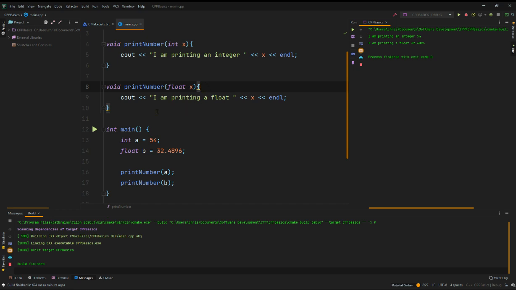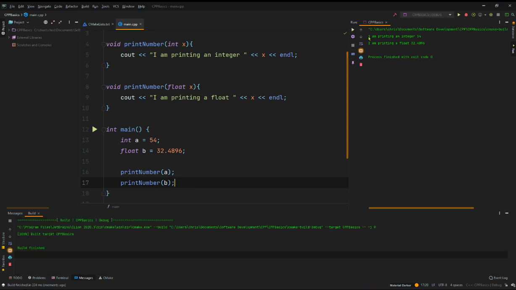So from there, when this is called, whatever's passed, the data type that is passed to this function, it's going to use the corresponding function. So in this case, we have an int, which is the first print number, int of 54, and the second print number is taking in a float. Okay, so that's why over here when we run it, you'll see I am printing an integer, 54, right? I am printing a float,